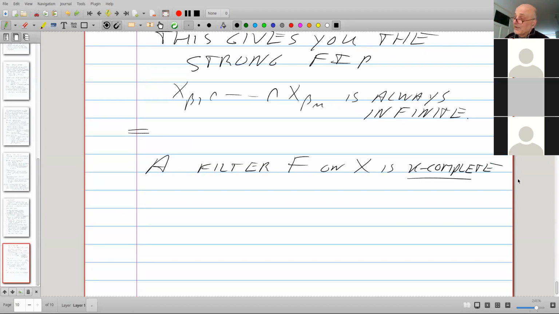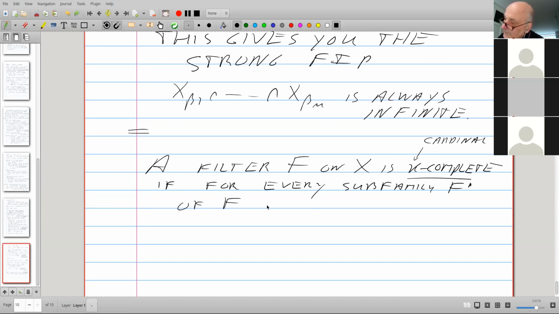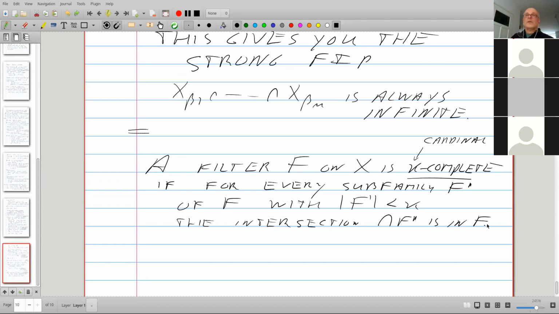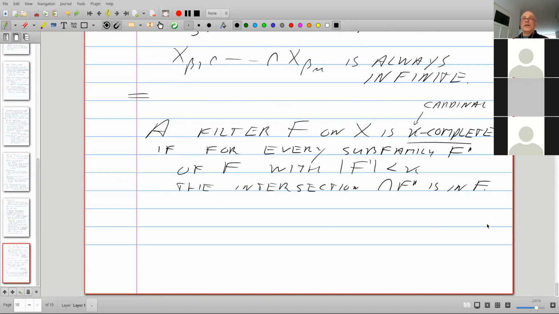We take a filter on a set and we take a cardinal kappa. F is kappa complete if, for every subfamily of fewer than kappa many members of F, the intersection of the subfamily is in F.